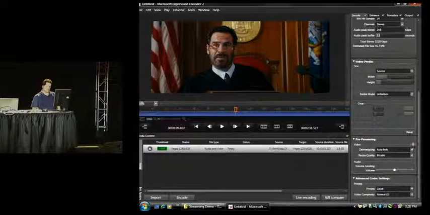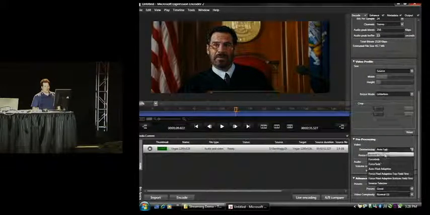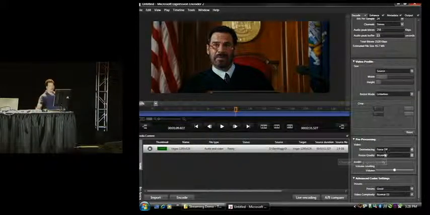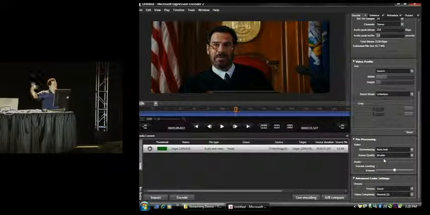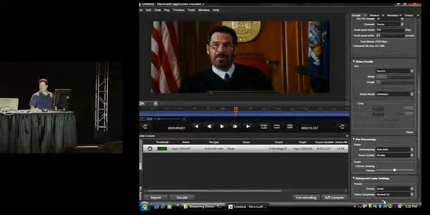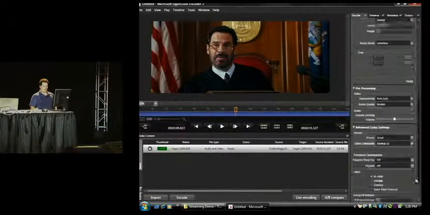There we go. For deinterlacing, in this case, I could turn it off because I know my source is progressive. But the auto mode figures out, oh, it's progressive, so it'll just not do anything at all. It adapts based on the source. And if I'm a big codec nerd, and I hope I've established I am an enormous codec nerd,